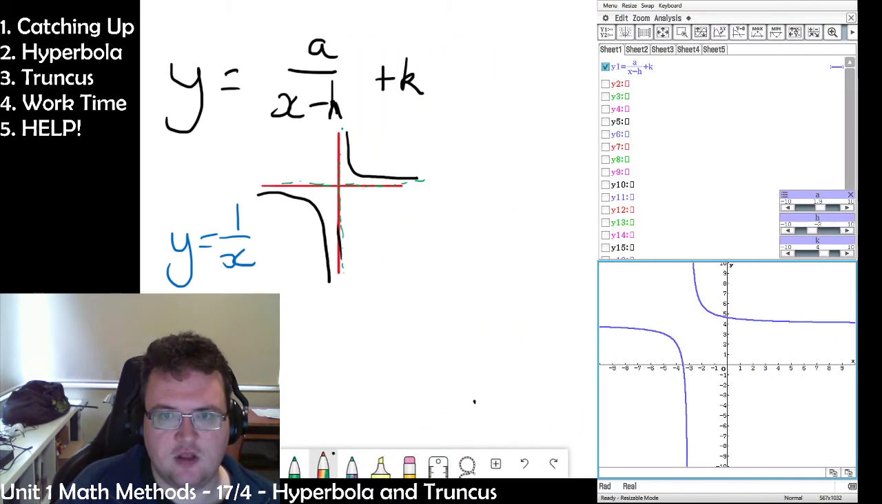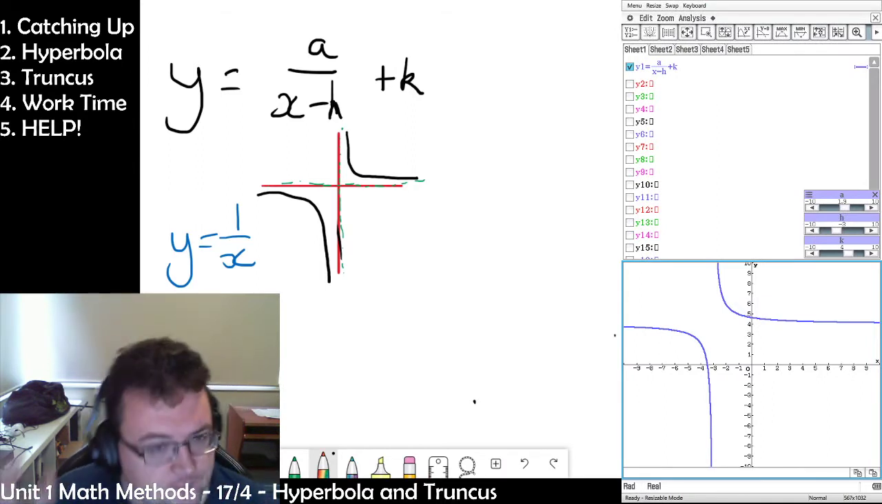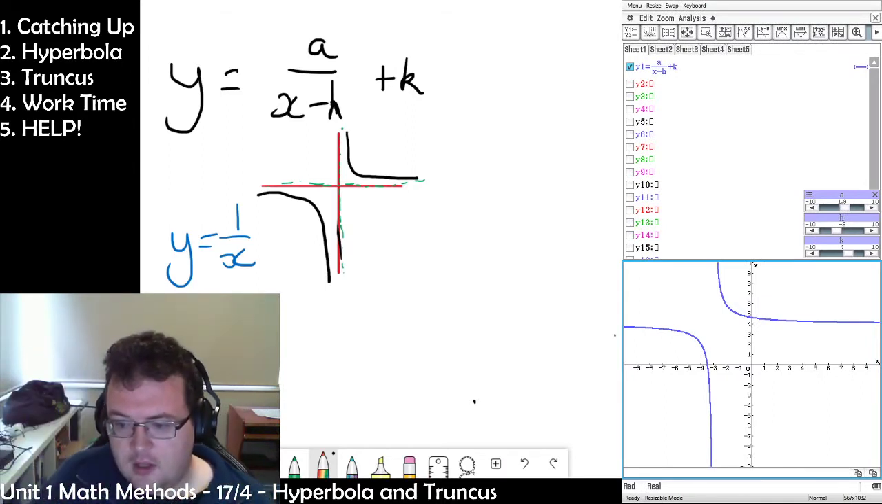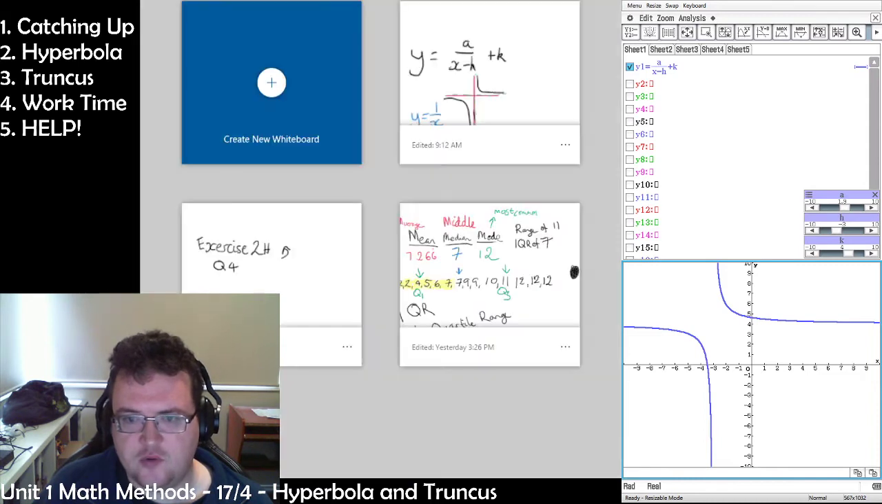So just move the calculator out of the way there for a sec. Alright. So that's your hyperbola. You solve it as you would any other equation. So for example,